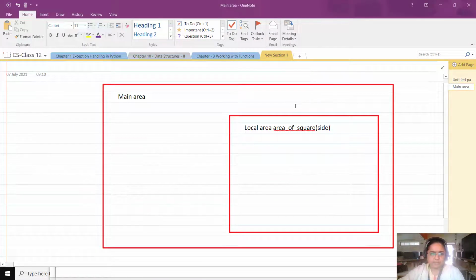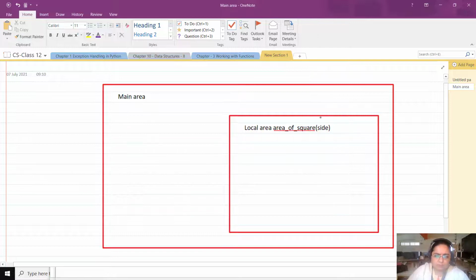You can see over here we have the main area and the local area. The local area is the area within the memory which is confined, within which all variables declared within the function are declared. And any variable which is defined within the main area cannot communicate directly with any of the variables defined within the local area.